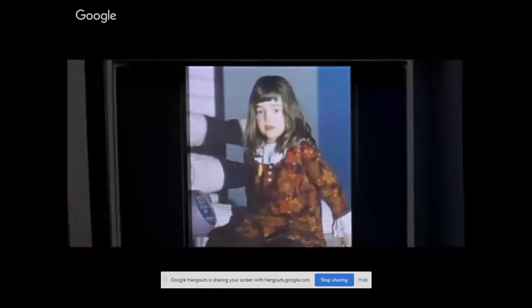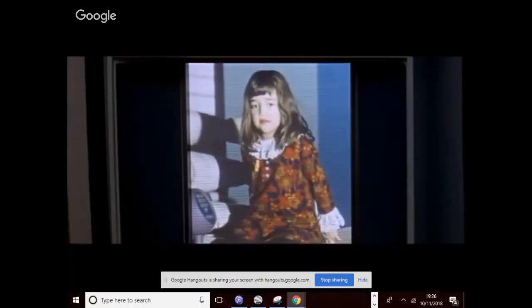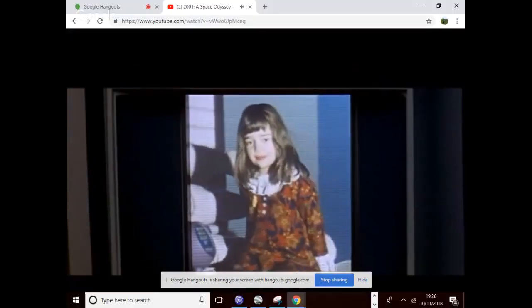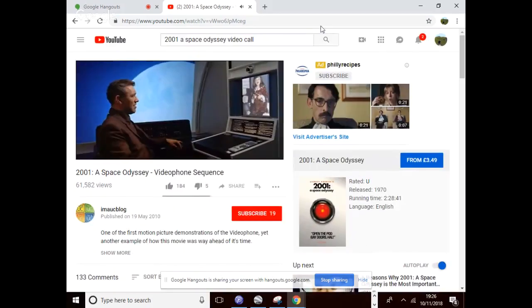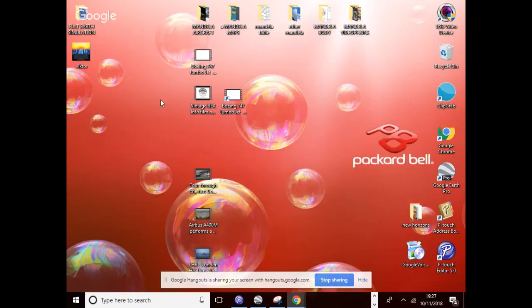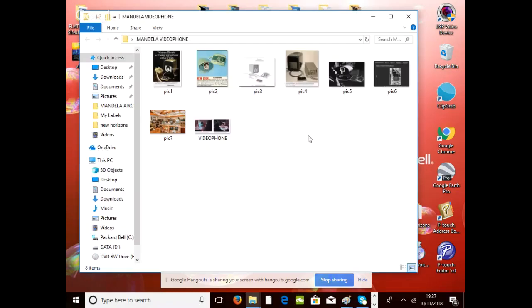So the idea is that in 2001: A Space Odyssey, made in 1968, they introduced video phones, which was science fiction and was not supposed to be available to everybody at that point, right? Yeah. But this has come to light this week, that we've had this technology.